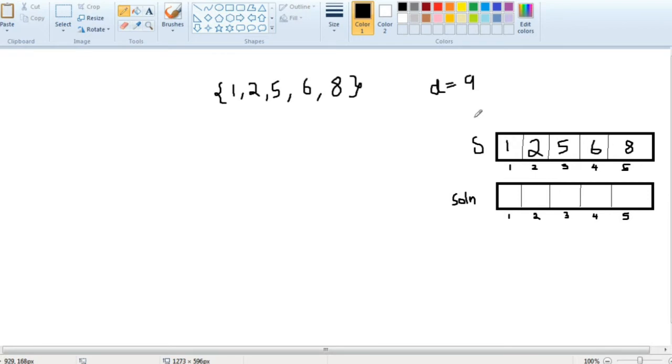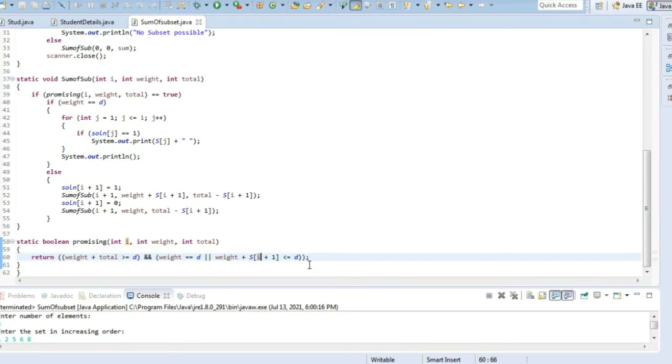So what we are trying to find is: weight is initially 0, is 0 equal to d, or is 0 plus the next element equal to d? Is there any possibility that the weight I have equals the sum we need, or that adding the next element will give the sum? If either is possible, it will return true, else false.